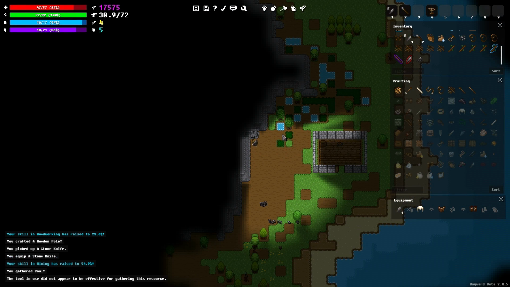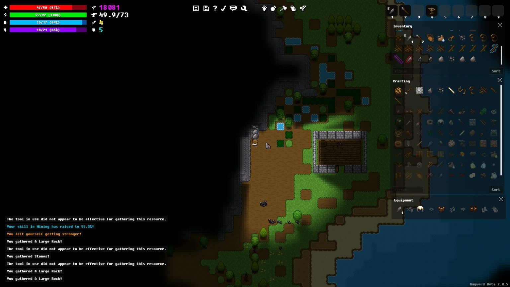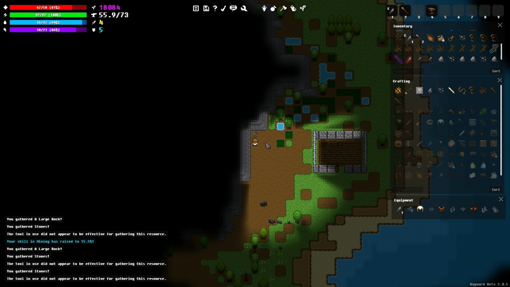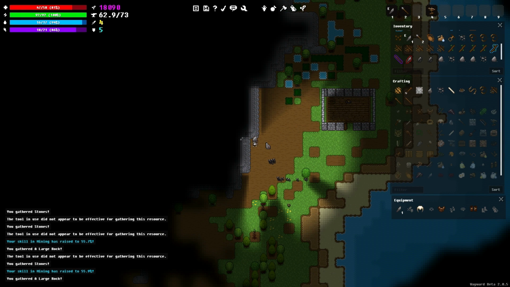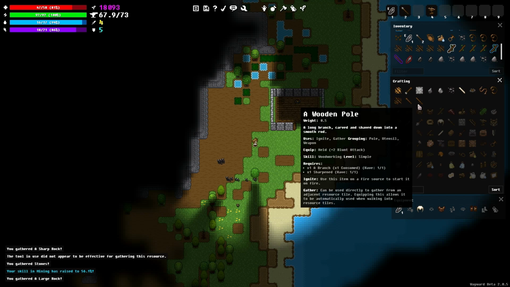If I dig right here, what are my chances of... Oh, cool, we gathered coal. Actually, that looks like a coal vein, and we got stronger, so that'll be nice. We've got some stones out right here. We're probably going to need a bunch of those. So let's continue chiseling away at this wall right here. And now...